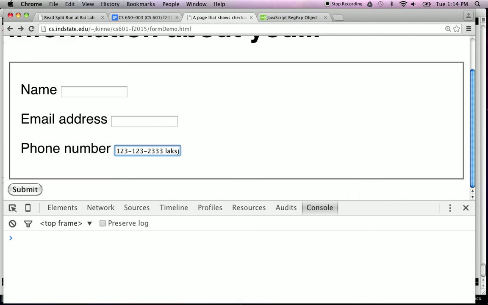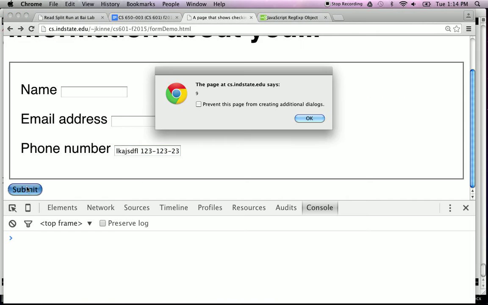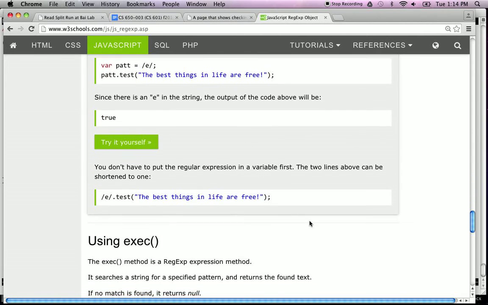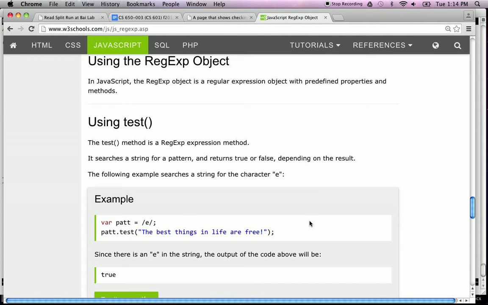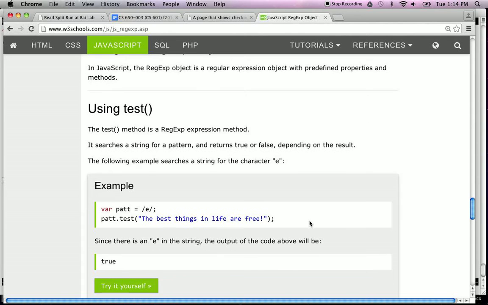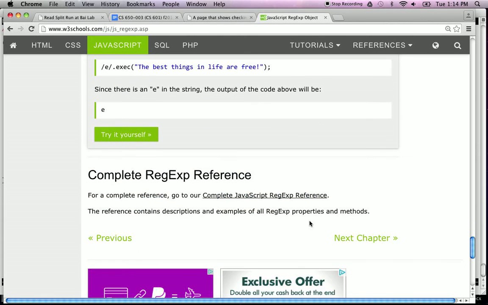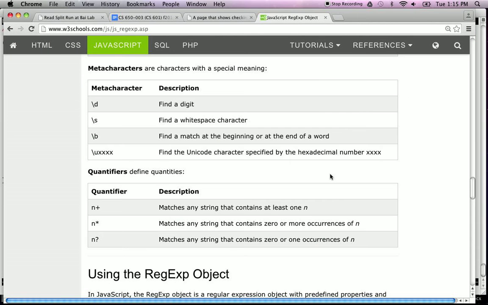So is this going to match? Who says yes? Who says no? It's called .search. So that matched starting at character 9. If I want to make it match the whole string, I have to do something else. Test. Let's see. I have an idea that might work, but